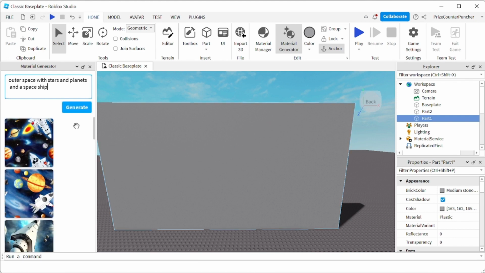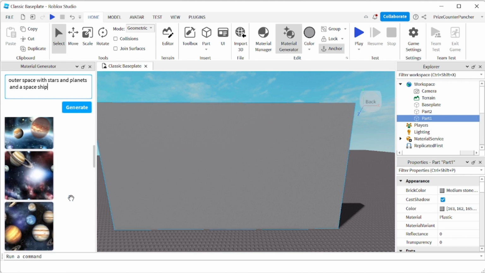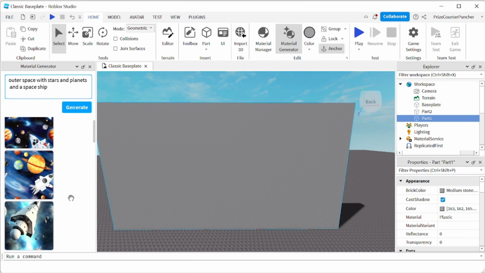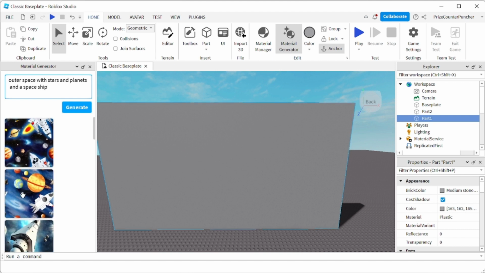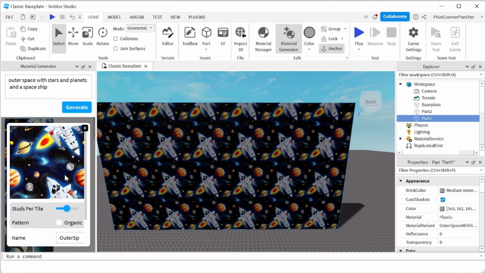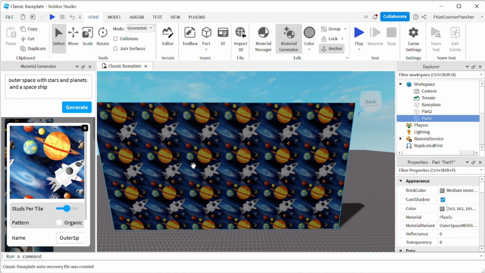All right, look at that. I have planets with stars. This one has two spaceships. This one has one spaceship. Wow, that's pretty cool. Look how many options I have now. So how about I pick this one right here, or maybe this one. Okay, so how about let me try the second one. Okay, so I'll pick this one,